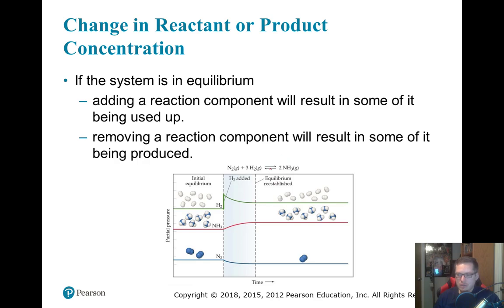Now imagine what would occur if we removed something. So instead of adding H2, we took away H2, so we added something in there that H2 can react with aside from the N2. H2 is also less dense than N2, so it would be reasonable to assume that we could just open up a valve at the very top and H2 would escape and N2 would mostly stay in there. I don't know how much less dense it is, but anyway, you could imagine that if we were going to just ignore these lines right now, and we took away some of that H2, the H2 would be down here,